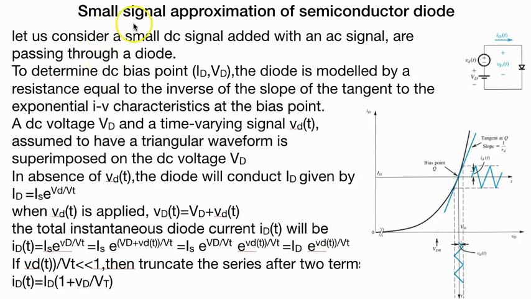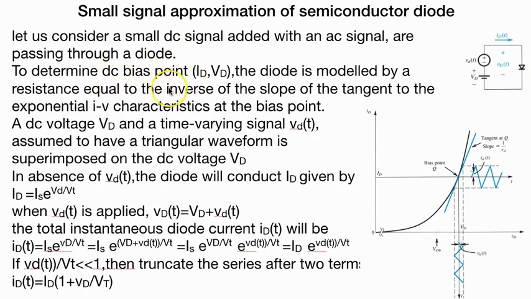We'll see a small signal approximation of semiconductor diode, which is the most accurate one that we come across. Now, you can see there is only one diode, however two signals. One is a VD(t), an AC signal, and the other is a DC signal, which are passing through the diode. Now, if we consider a small AC signal with a DC signal passing through a diode, and to determine a